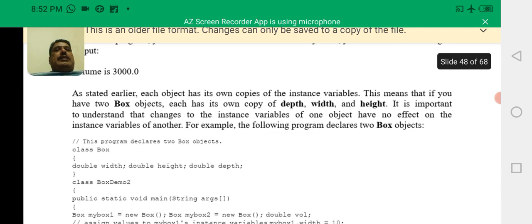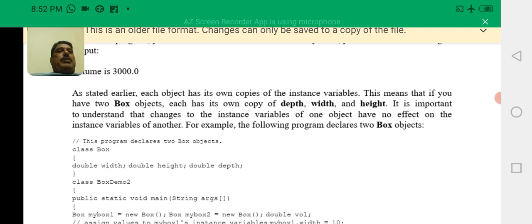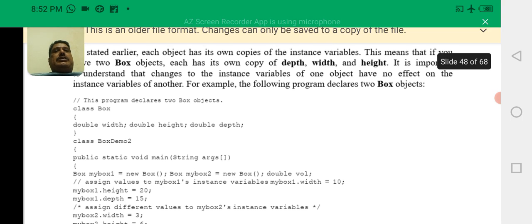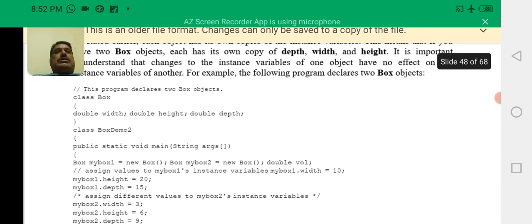As stated earlier, each Box object has its own copies of instance variables. This means that if you have two Box objects, each has its own copy of depth, width, and height. It is important to understand that changes to the instance variables of one object have no effect on the instance variables of another. For example, the following program declares two Box objects, class BoxDemo2,